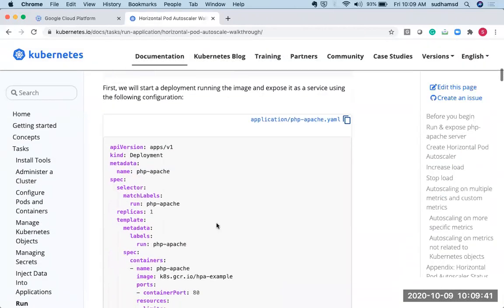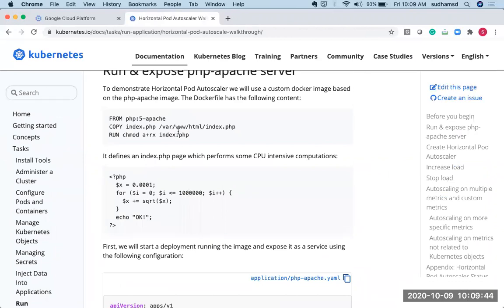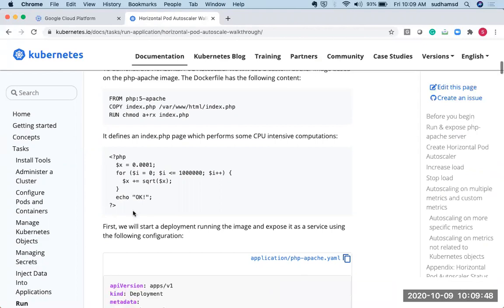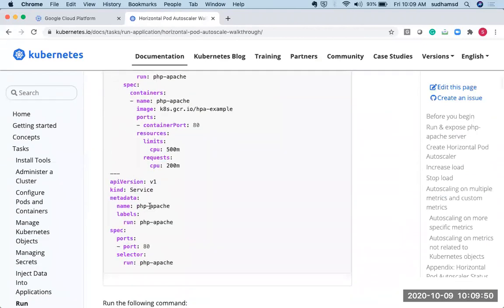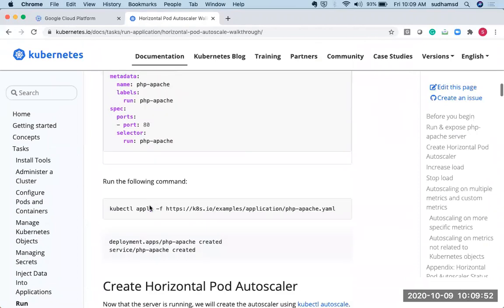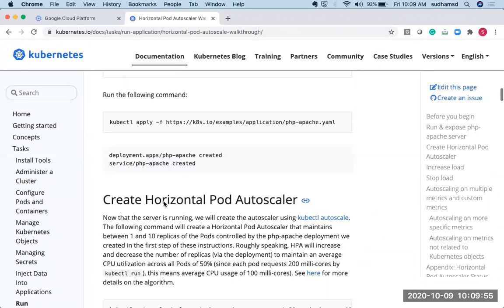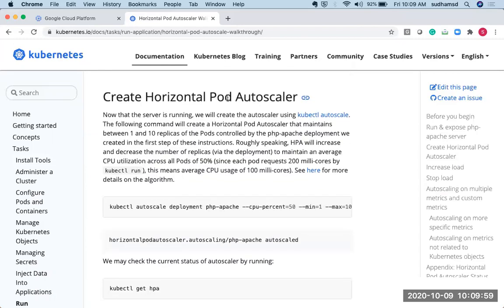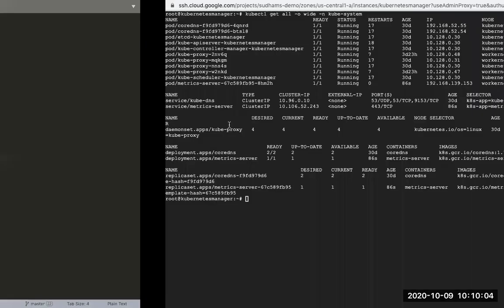Here he has written a sample example. He has created a Docker file, and for the Docker file, he has created this index.html. After that, he is using this example to deploy. After deploying this application, he is applying horizontal pod autoscaling for that particular deployment. If you see the example over here, to whom can we apply the horizontal pod autoscaling? kubectl autoscale --